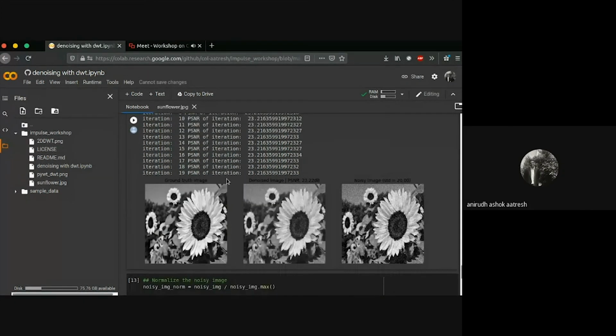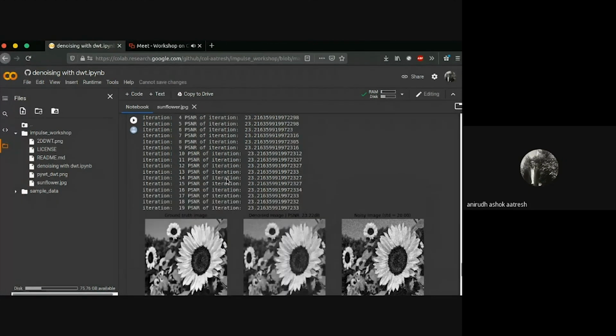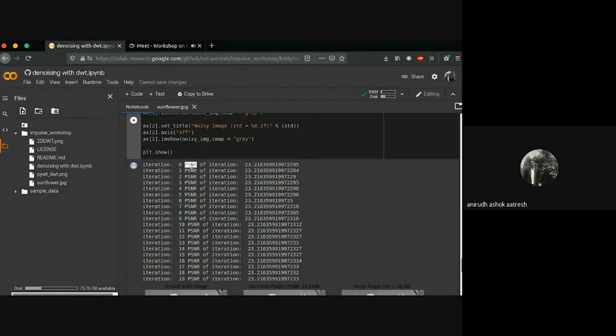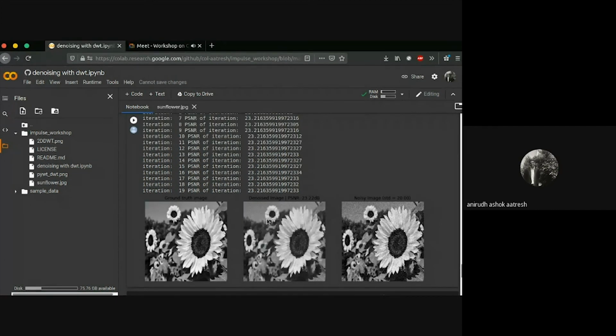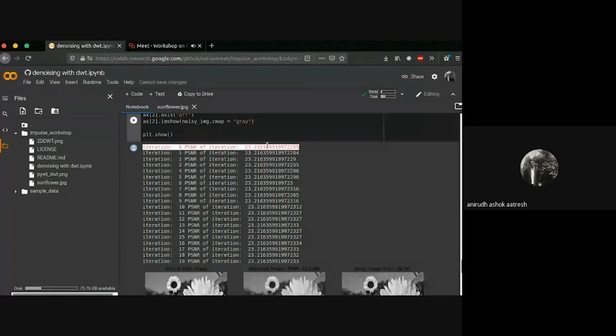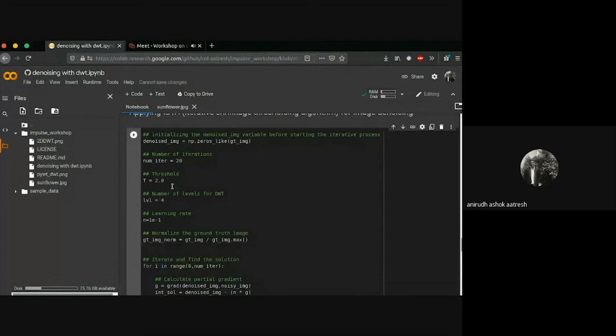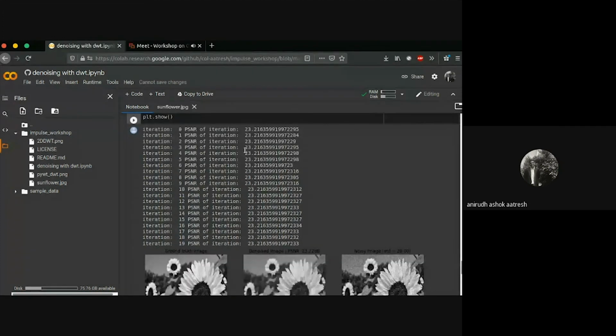It all depends upon the tuning process. This shows that at one step itself, it's reaching a pretty good result. It's converging. If you use different values of T, LVL or level here, N, and a different value of standard deviation, you will get different values here in your iteration. There is also a chance that from a bad PSNR, it might improve, or it might stay the same like this.